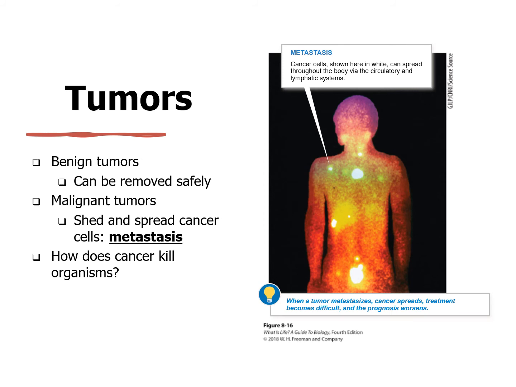You've probably heard of metastasizing before. We're going to talk about it a little bit more with respect to tumors. We have something called benign tumors, which can be removed safely. That's fantastic. You want a benign tumor if you get a tumor at all. Malignant tumors are not good. These can be inoperable. They also can break off little pieces of themselves and spread throughout the body, and that is called metastasizing, which is not a good thing. The way that they metastasize and move throughout the body is through the circulatory and lymphatic system.